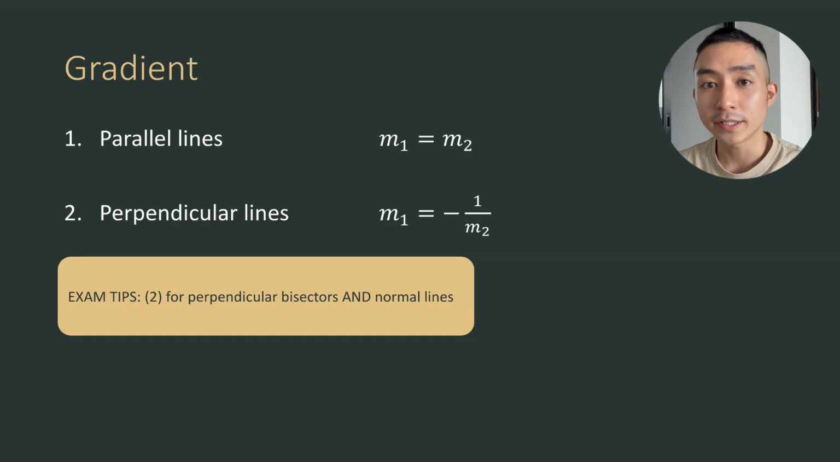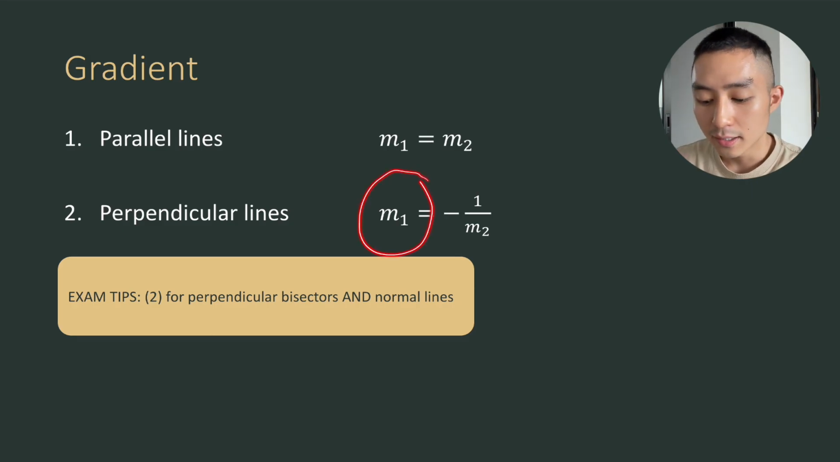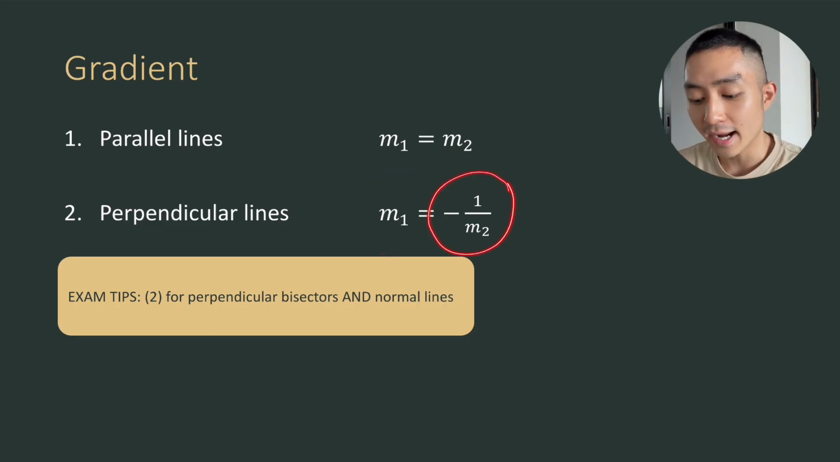Talking about gradient, there are two relationships that you need to understand. The first one is on parallel lines, where the gradients are the same. So the gradient of the first line and the second line is the same thing. And on perpendicular lines, where the lines cross and make a 90-degree angle, the gradient is the negative reciprocal